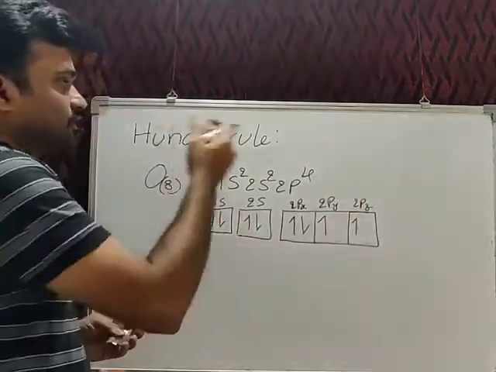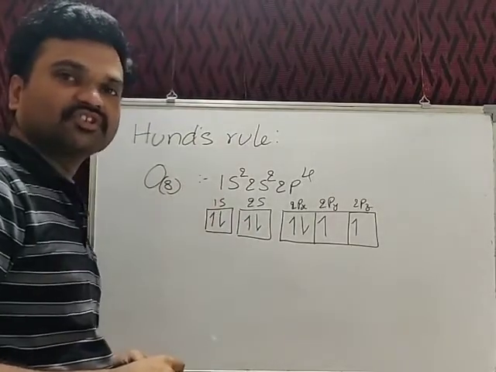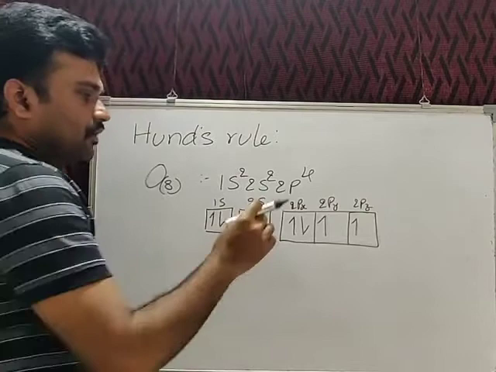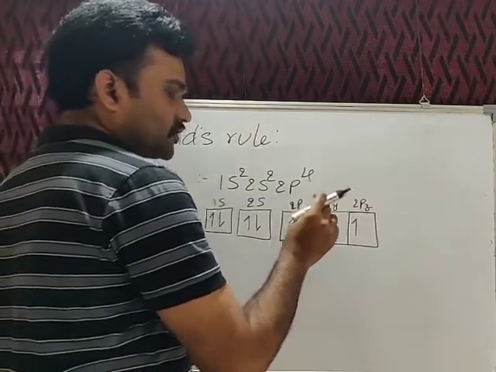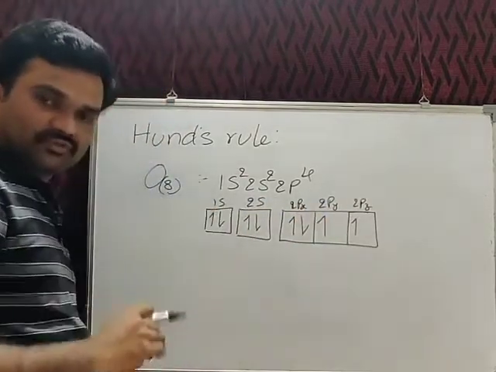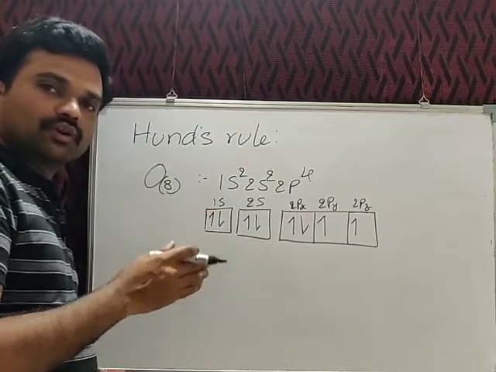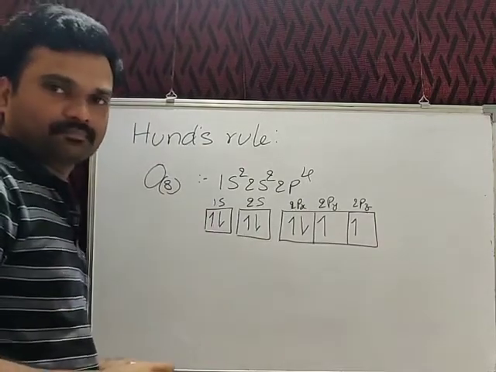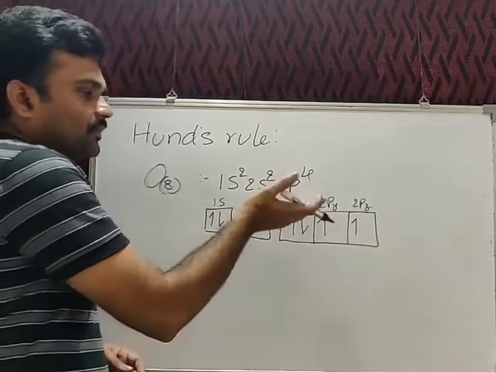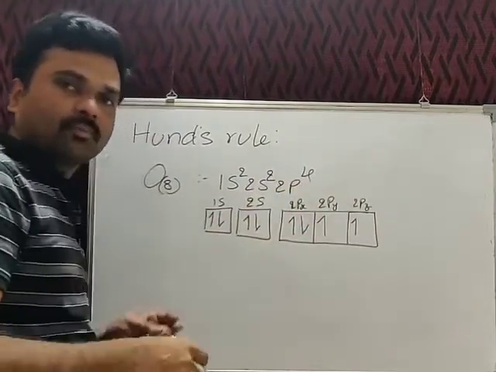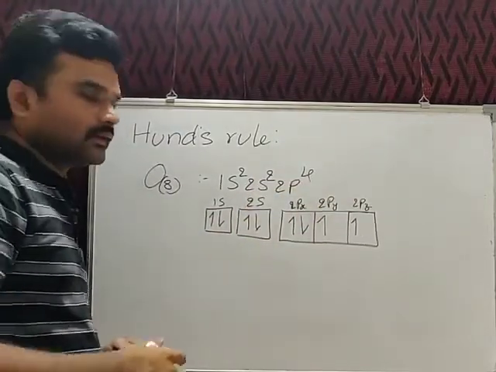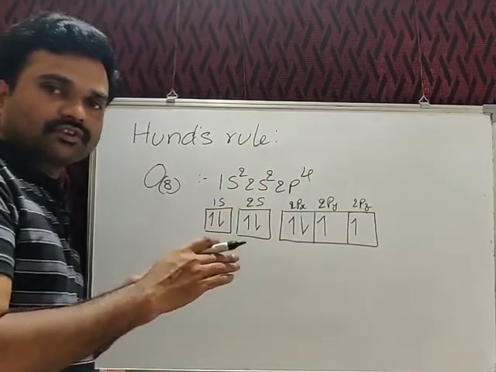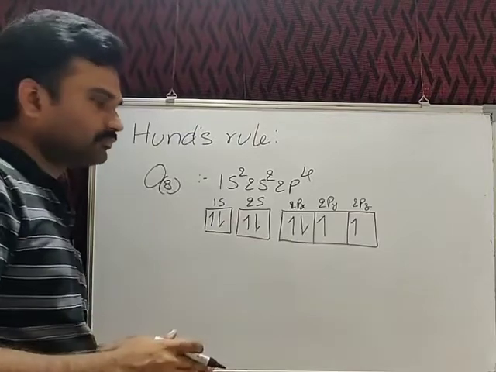And we also call it Hund's rule of maximum multiplicity. That is the second part of this rule. It explains that all the degenerate orbitals will be occupied with single electrons first, and all these single electrons will have the same directional spin. That means these might all be in the upward direction with the positive spin, or they might all be with the negative spin. So first, the electrons will have the same spin.